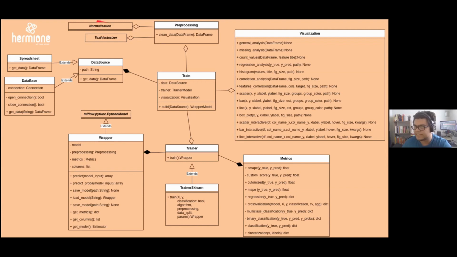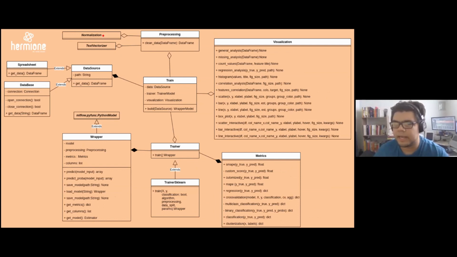We have a normalization class and a text vectorizer class. Again, this is a general class that you are going to build stuff on top of. The text vectorizer and normalization are things that we already had to do for some project that we decided to launch with Hermione, just for people to use if they want to. This is our already-made functions.